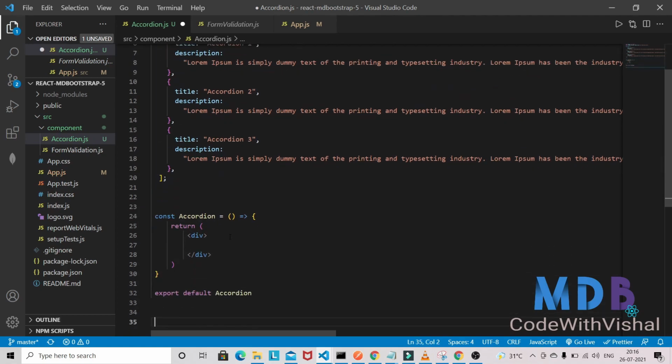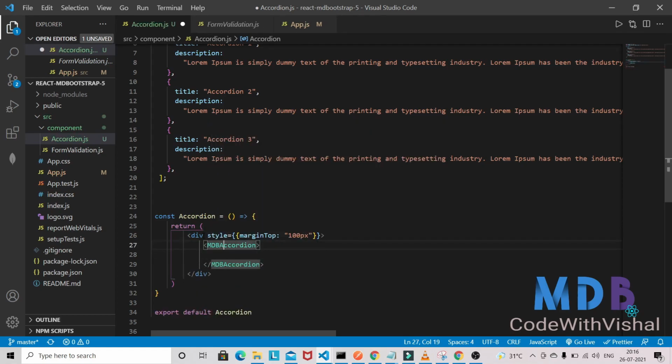And here we have to give some inline style, so style, and I am giving margin top 100 pixels, and we'll have the MDBAccordion,